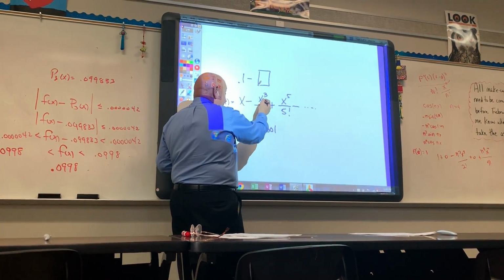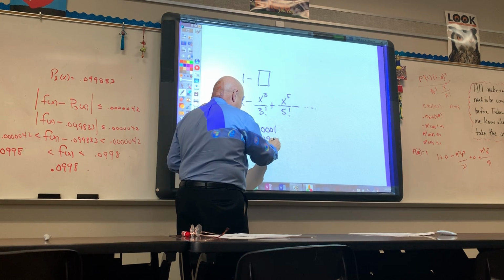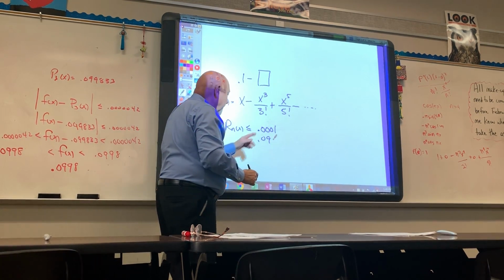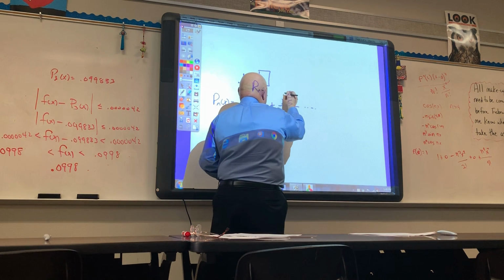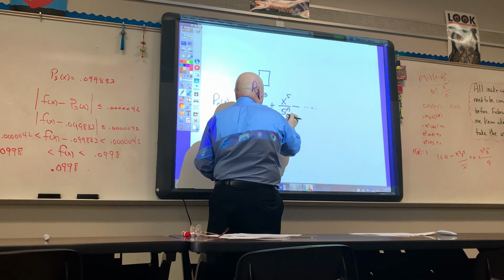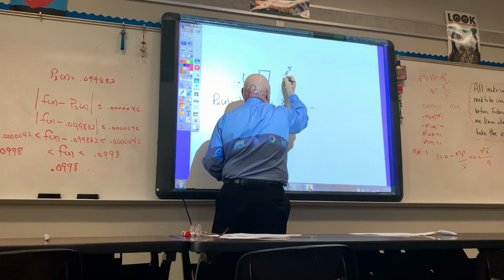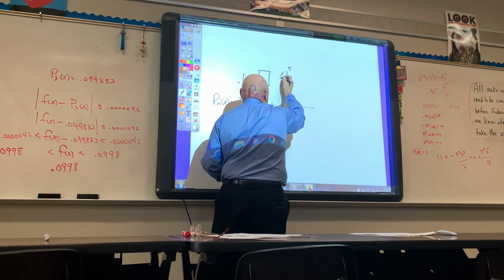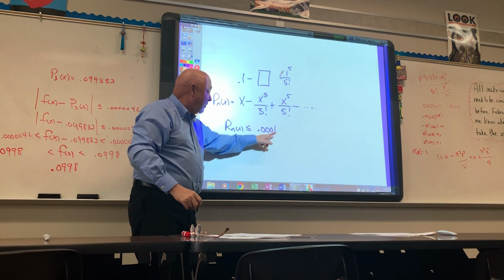It's 0.099, right? That's not less than this. Okay, we would then do 0.1 to the fifth power over 5 factorial. If that number comes out to be smaller than 0.0001,